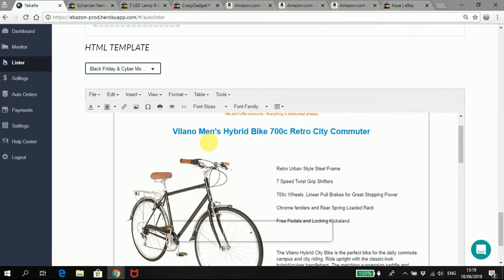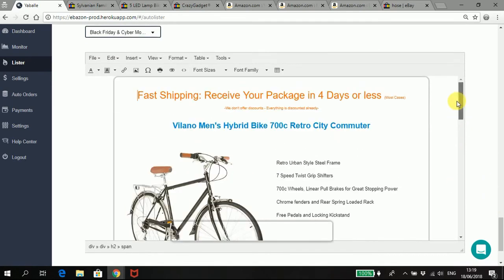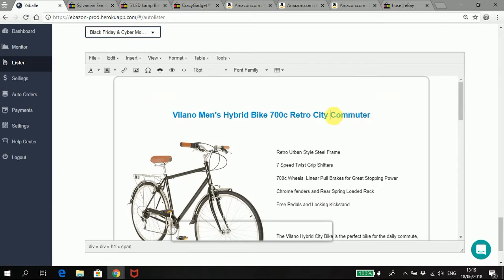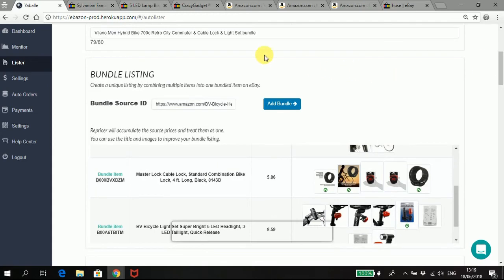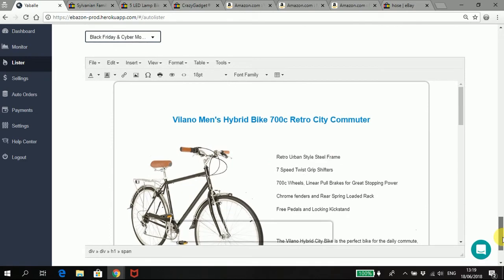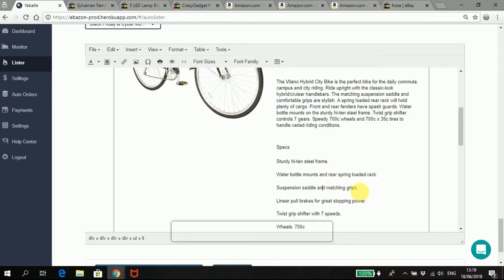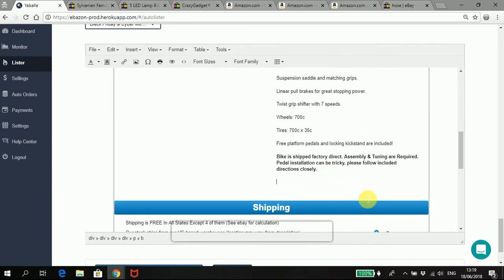Now I need to take care of the item description. Here in this template I have this thing which you don't have, I guess. You don't have to touch this title. It's going to be updated with the title you have worked on here. Okay, it's going to be updated automatically, but what you do need to do is to add manually the description of your second and third items. Okay, and you just take it from